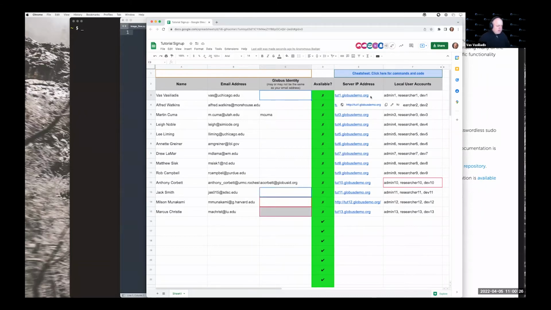As you can see, this is very creatively numbered: tut, then a number, and then .globusdemo.org. For all of these, we're going to use just this. There are multiple local accounts provisioned on these VMs. We're only going to use the dev account because that also has sudo privileges. We don't really need those, but we're going to log into the instance as devN at tutN.globusdemo.org. And the password is